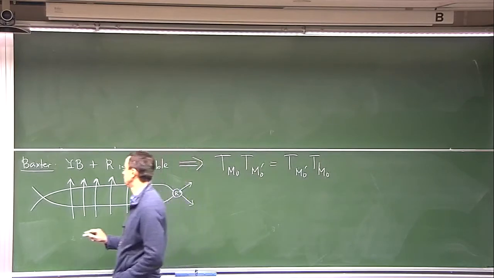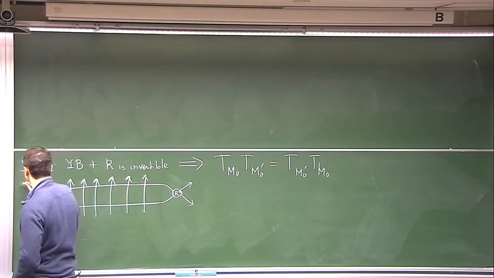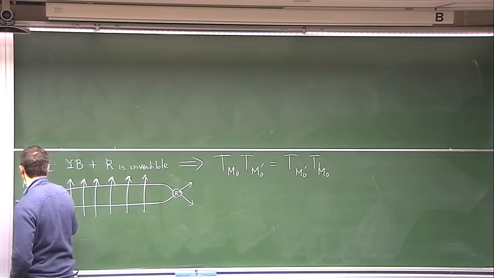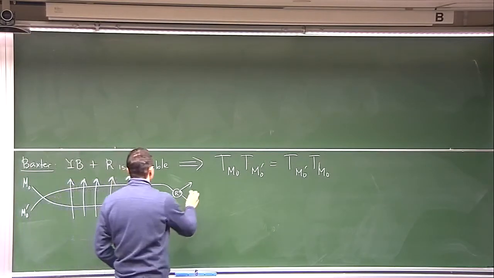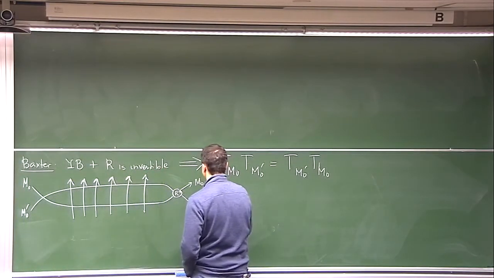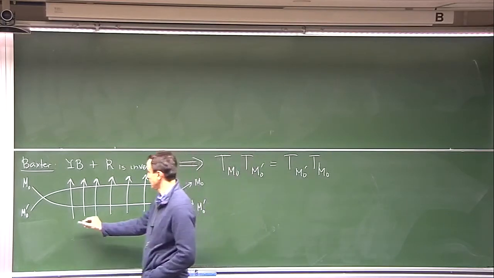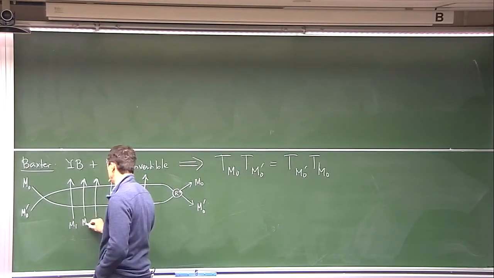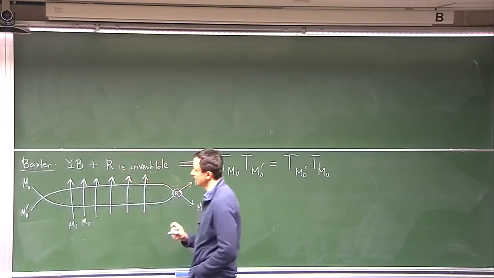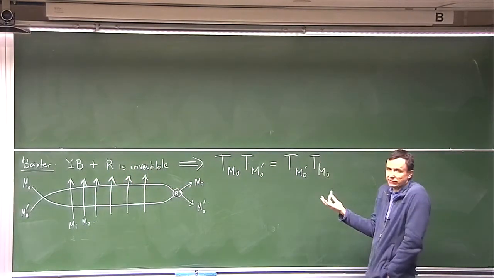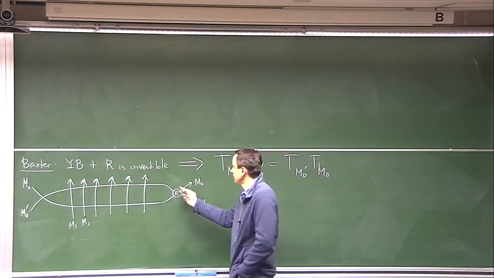This is my M0 prime, M0 prime. So this is something we can consider. So if I assume it has an inverse,